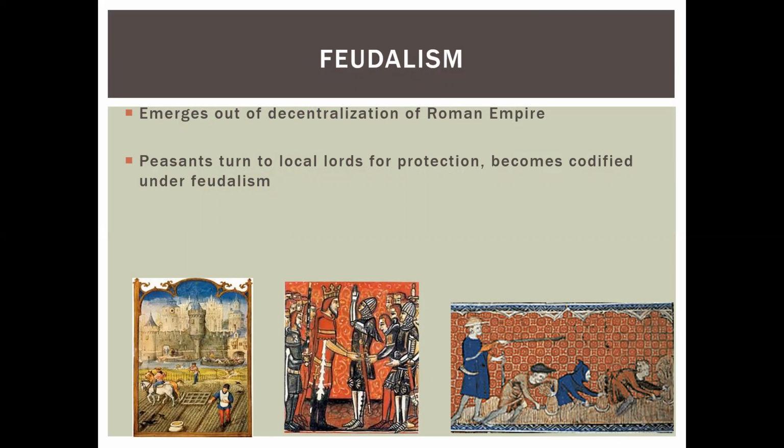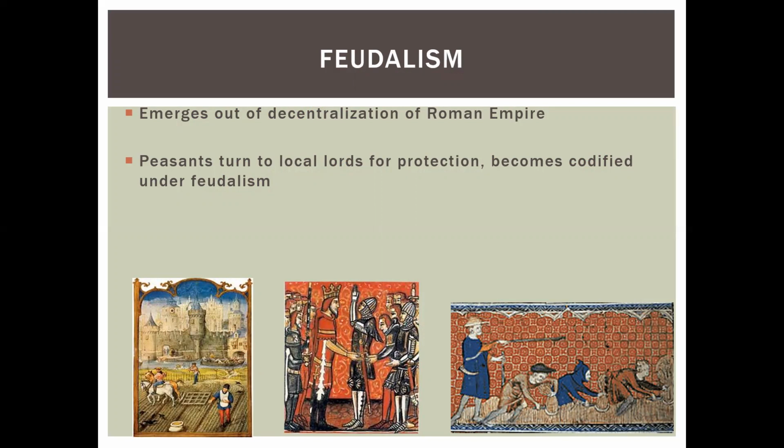and there's not a lot of trade happening, not a lot of libraries or universities being built. So this is very different from what's happening in the Umayyad and Abbasid caliphates, where trade is flourishing and knowledge is spreading. And Western Europe descends into feudalism.